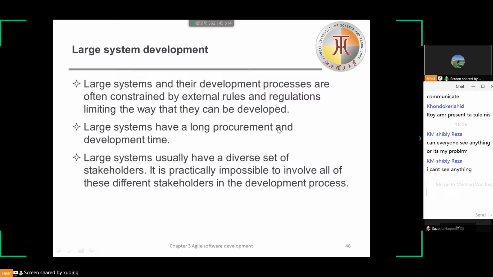And the third difference is that large systems usually have a diverse set of stakeholders. It is practically impossible to involve all of these different stakeholders in the development process. For example, for a medical system, we may have different